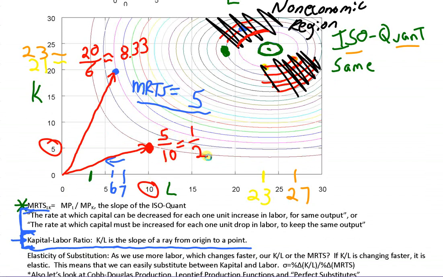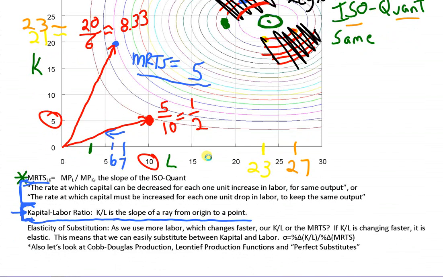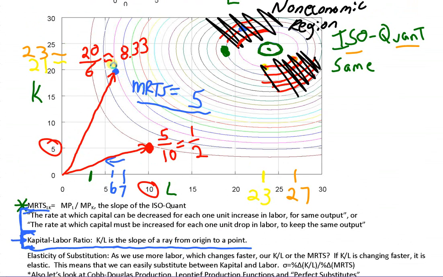And so the flatter the ray, the lower the capital labor ratio. It's just a way to picture that very quickly. And that's going to be useful in just a second because we're going to talk about a kind of complicated idea. It's going to take you a few minutes of thinking to digest this idea. So now that we know the marginal rate of technical substitution is the slope of an isoquant,